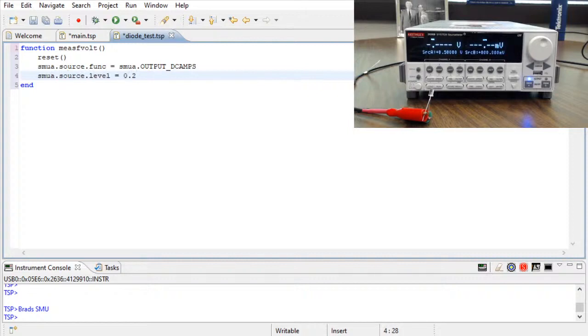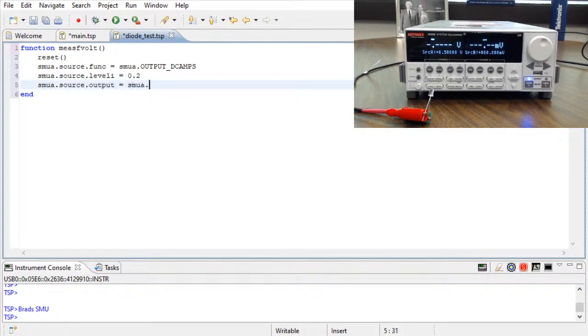I wonder if I have that diode connected backwards, actually. I may have to check that. Of course, since it's an SMU, I can just set it to negative voltage. Oops. And I want source level I. There we go. Can't forget that, otherwise the instrument doesn't know whether you're trying to set the voltage or the current setting. And we'll do